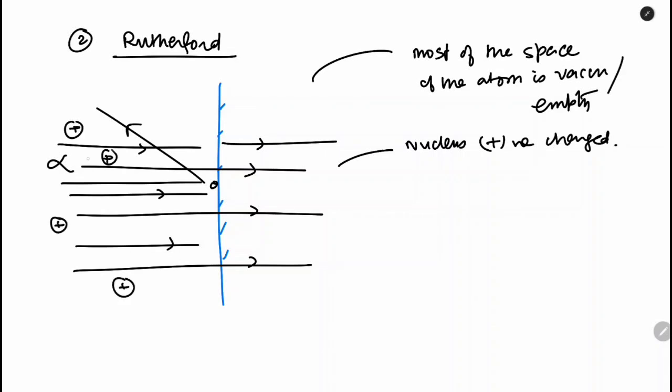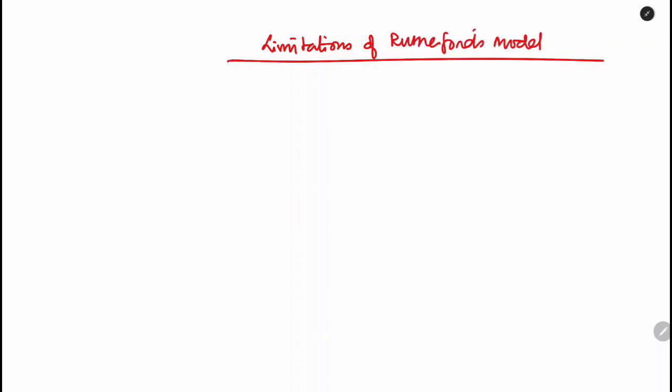Because he shot alpha particles, which are positively charged, and some got repelled, the nucleus must be positively charged. Most of the alpha particles pass through. So this is Rutherford's model. Well, there were some drawbacks in Rutherford's model. What were the drawbacks and limitations? So let's see the limitations of Rutherford's model. The first limitation is